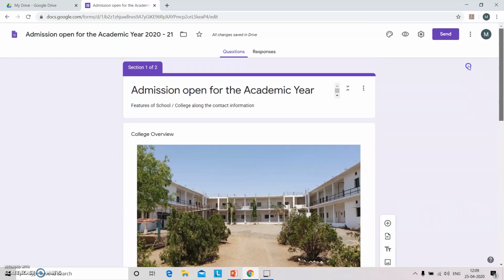You can preview your form by clicking on the preview button.